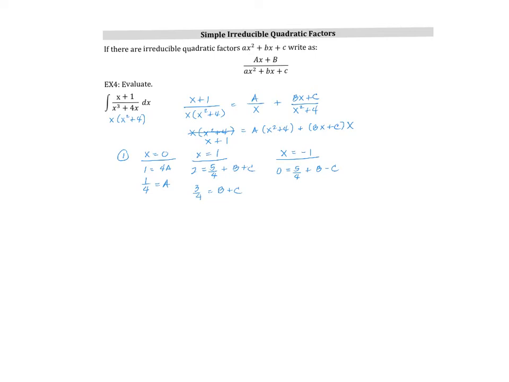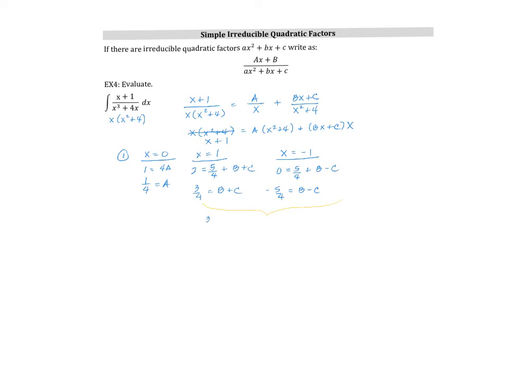Or in other words, -5/4 is equal to b minus c. So at least we now have two equations with two variables. And notice if I just add these together the way they're written, the c is going to go away because I have a plus c minus c. So when I add these two equations together,